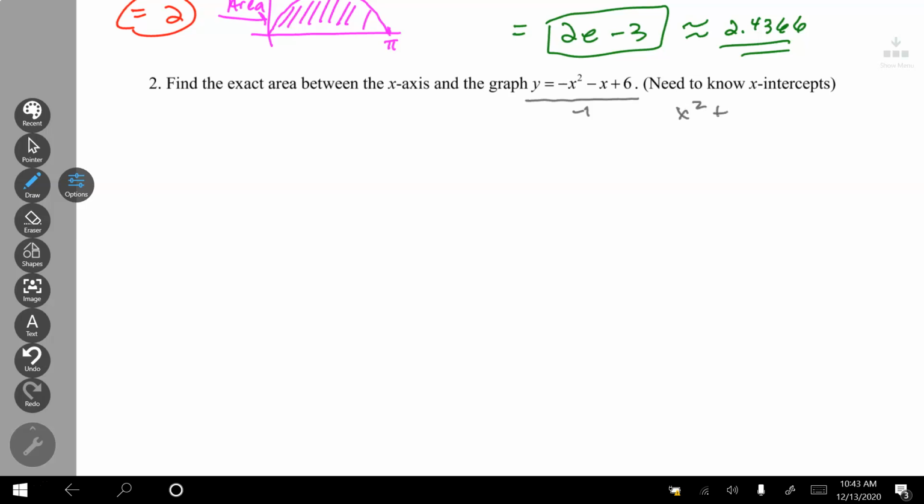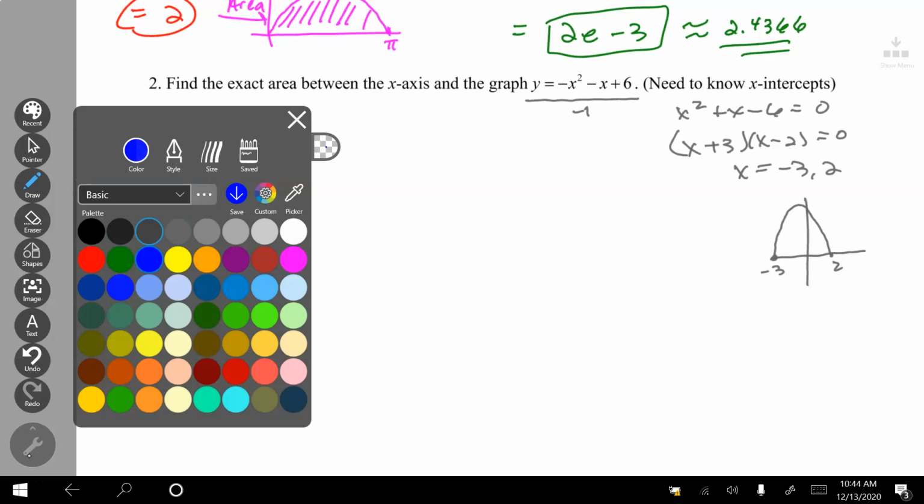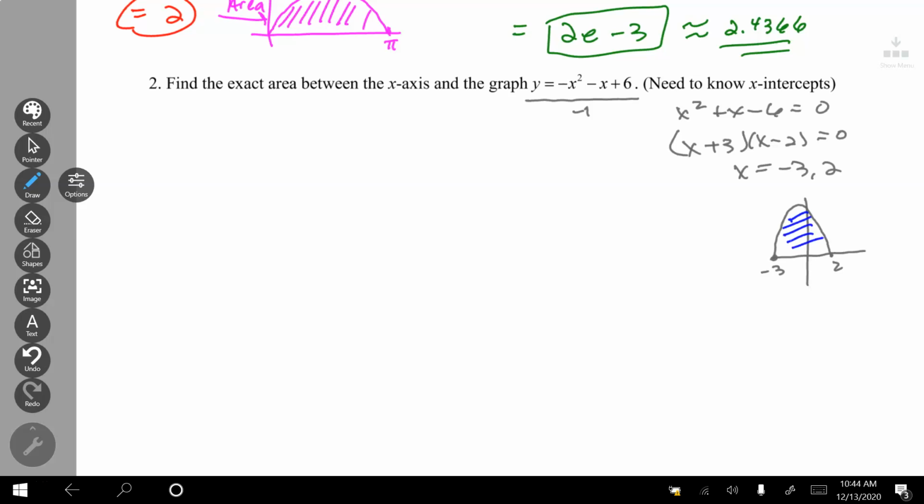So x squared plus x minus 6 is equal to 0. Or x plus 3, x minus 2 is equal to 0. I get my x-intercepts as -3 and 2. So this graph should look something like this, with -3 and 2. And we are trying to find this area. So to find the area, I do an integral from -3 to 2 of -x squared minus x plus 6 dx,